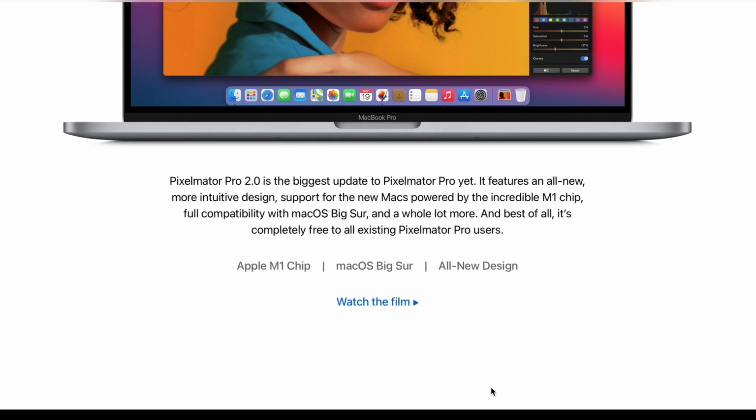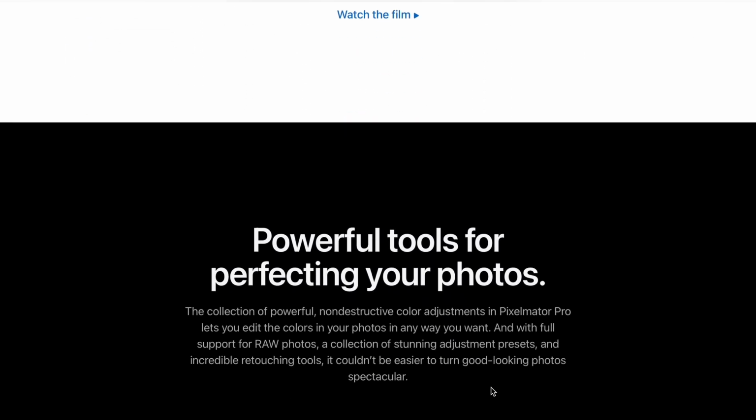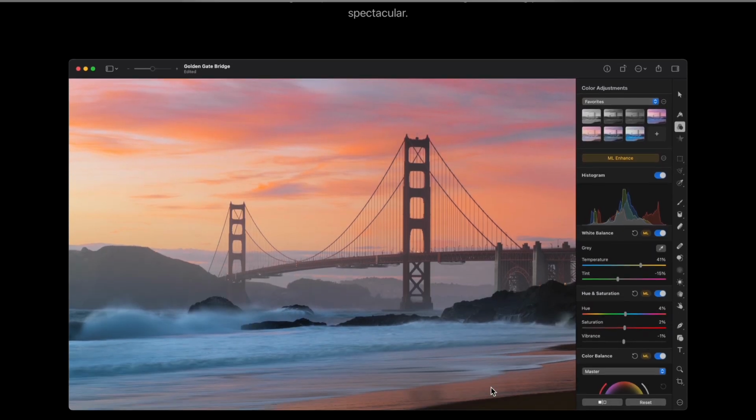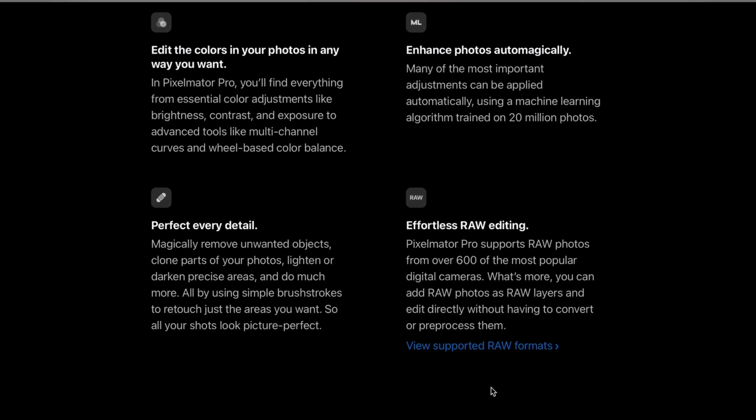Now let's talk about Pixelmator Pro. Not a lot of people will know about it because it is only available on Mac PCs. I use a MacBook Air, so that's why I have Pixelmator Pro on my laptop. But it is not available on the Windows side or on the Linux side. What is Pixelmator Pro? Well, Pixelmator Pro is actually a post image processing application. It is very similar to Adobe Photoshop, but it is a bit on the inexpensive side.